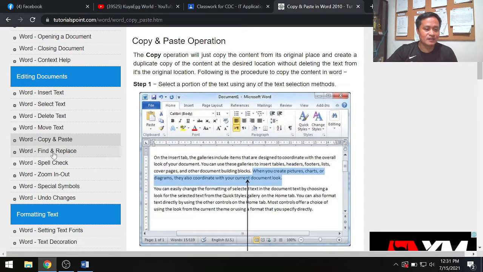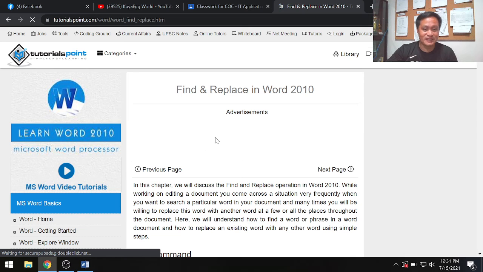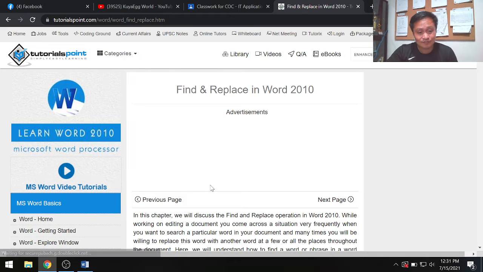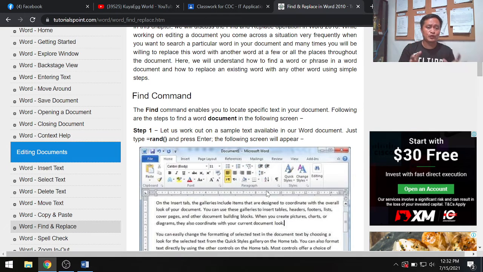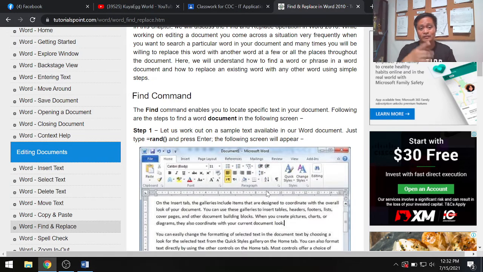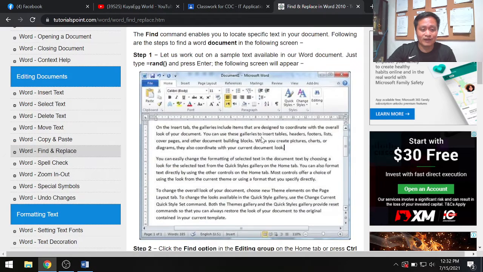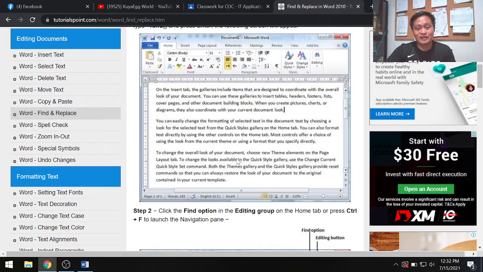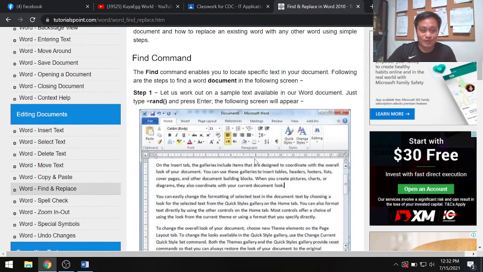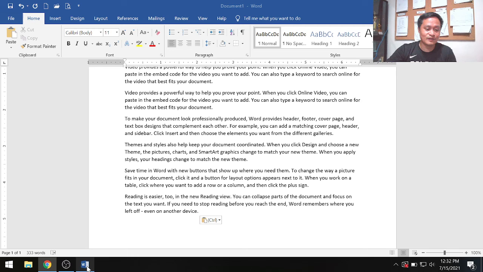The next topic is find and replace. What is this find and replace? If you are going to find the word, for example, document, you can do it by way of, step number one, click the Find option in the Editing group. There are so many ways. Actually, there is a shortcut in here. You can use the mouse, or you can use the keyboard. So we'll try to make use of our